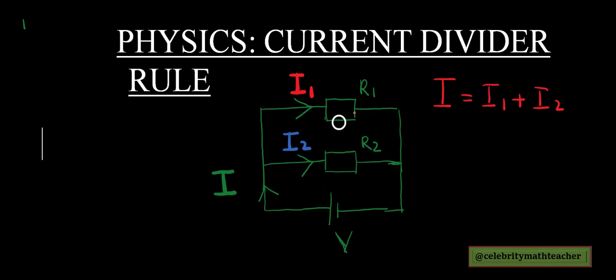Another fact that we know for parallel connection is that the PD across the resistors are the same. So the potential difference across this resistor R2 is the same as the potential difference across this resistor R1. Potential difference is also the voltage drop. So the voltage from here to here is the same as the voltage from here to here, which is also the same as the voltage from the EMF source, which is V. So the first formula we're going to use to help us carry out this calculation,